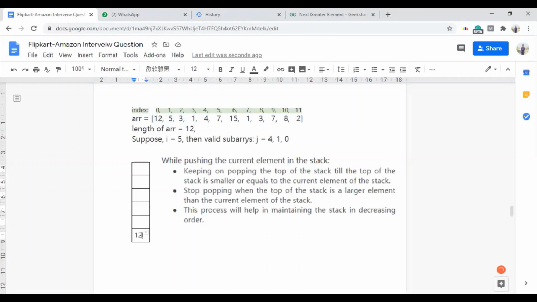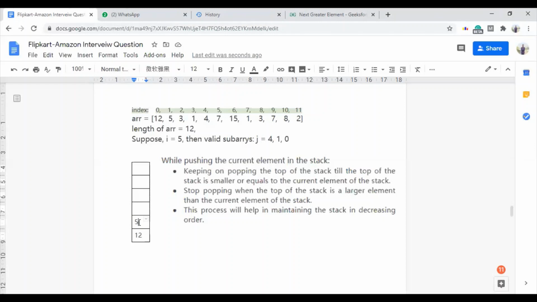So we will push it first so that it comes out from the stack at the end. Now we will push 5. While pushing, we will check that if the top of the stack is smaller than the element which we are pushing, then we will pop the elements from the stack till we find a top which is greater than the element which we are pushing.